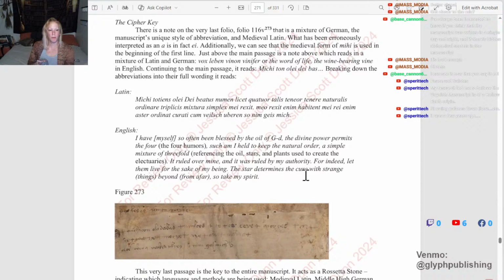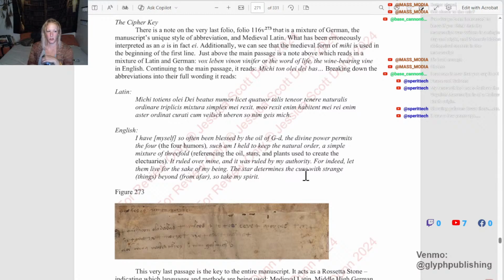It says, "It ruled over mine, and it was ruled by my authority. For indeed, let them live for the sake of my being." And then this last sentence really pushed everything forward in my research. It says, "The star determines the cure with strange things beyond or from afar. So take my spirit." Now, to a European man during the early 1400s,